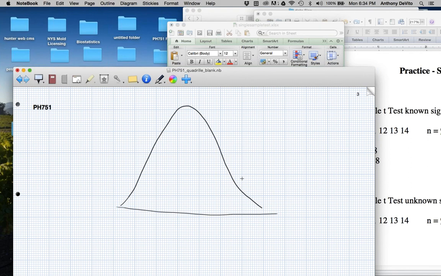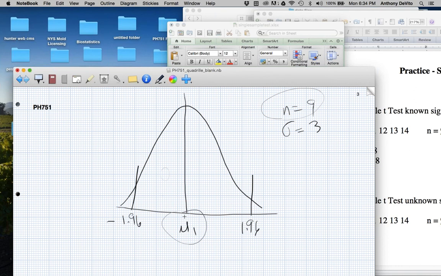the way my samples would be distributed, that if this is the real mean, 95% of the time, if I had a sample of size 9, n equals 9, and sigma is equal to 3, I guess, 95% of the time if I took a sample of this size, I would be within 1.96 standard errors